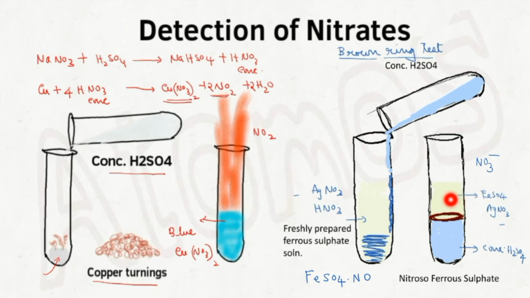So that time you can speak about the difference in density between the two liquids which are reacting with each other. Okay. And again they will ask you, if you slightly shake the test tube or disturb the test tube, easily this brown ring disappears. What's the reason? The reaction between ferrous sulfate, silver nitrate and concentrated H2SO4 is an exothermic reaction. Because of the heat evolved as a result of the reaction, easily this brown ring decomposes. Got it? You can just memorize like that.